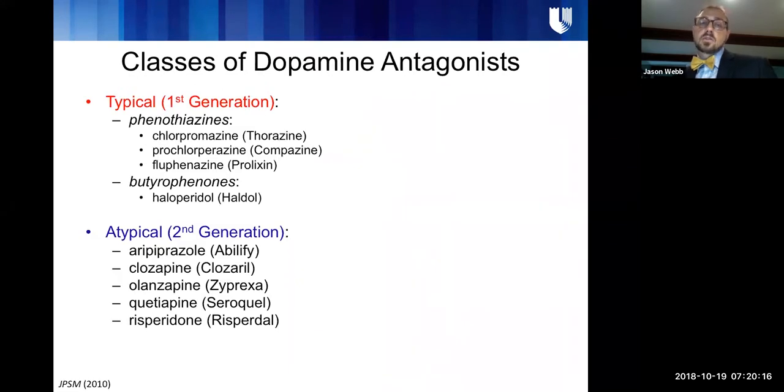And thus, over time, there have been classes of medicines that in particular may help with delirium, that were FDA approved here in the US primarily for psychiatric illness. So some classes of dopamine antagonists, particularly the first generation drugs, often referred to as typical agents, I have listed here, as well as some of the second generation or atypical agents.